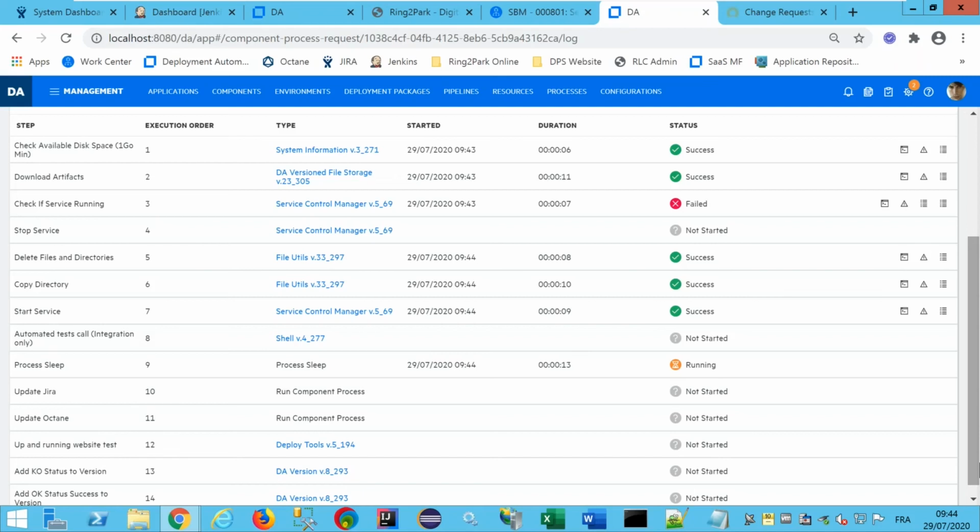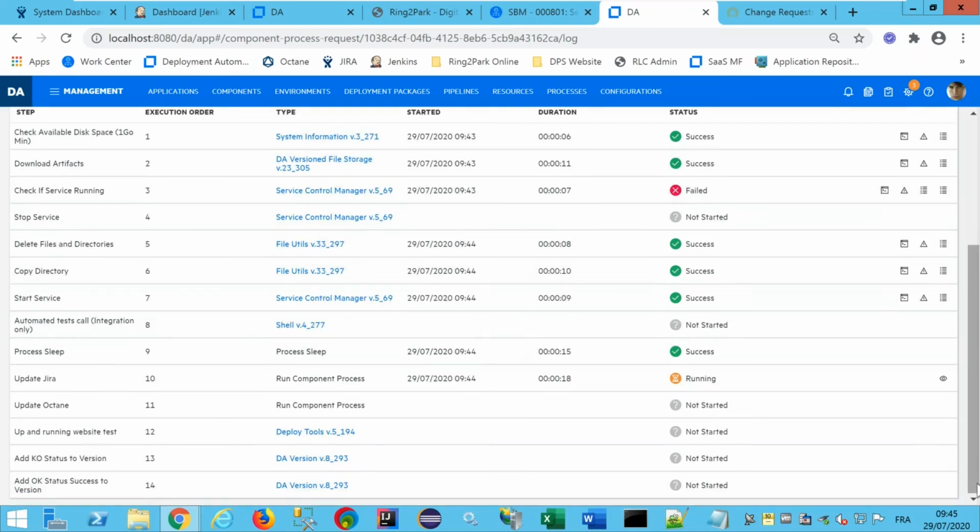You can define some sleep step. And now we are updating Jira, and as I mentioned earlier, we can update Octane or ServiceNow as well. It depends on the process you want to implement. So let's wait for the end of this deployment into the production environment before going back to release control.